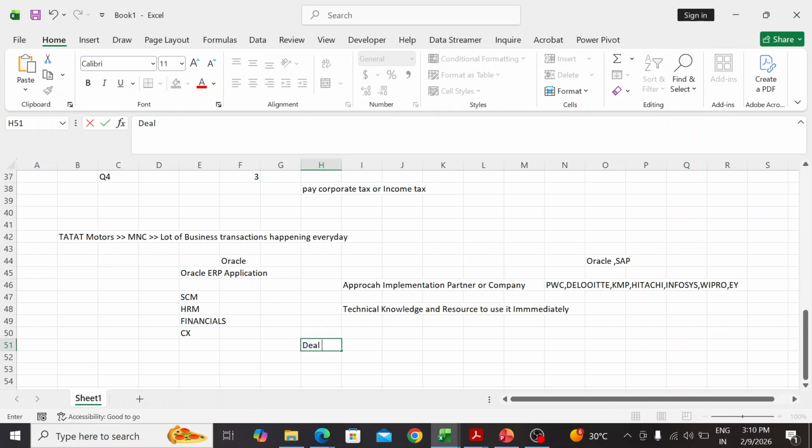They will get into a deal or agreement for implementing this Oracle ERP application